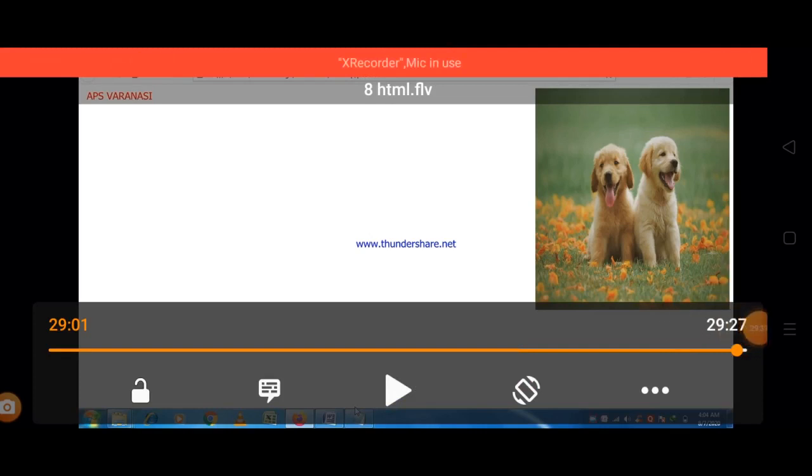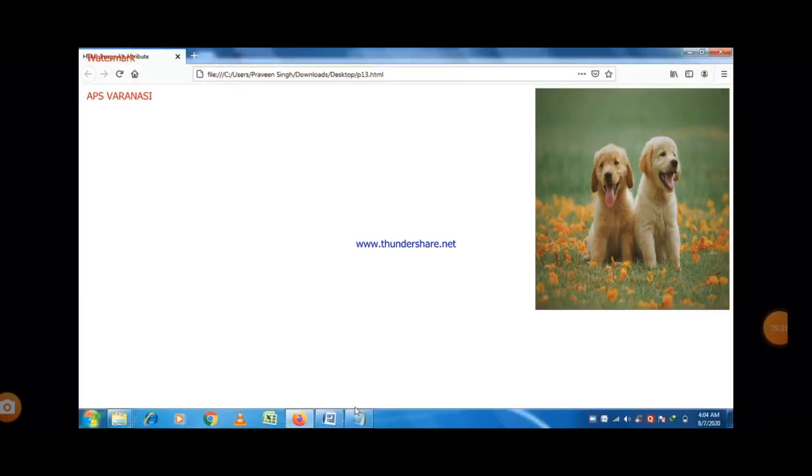Now in this lecture till now we read the concept of the image tag, how we are able to insert an image in a web page, and some attributes. These attributes are the src attribute, which is very essential, and we always give the URL of the image when we use src, and there is no problem at all when the image and the position of the source code are the same.